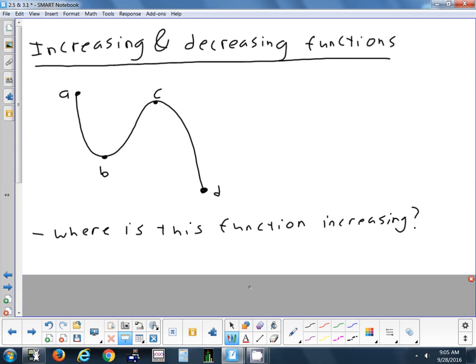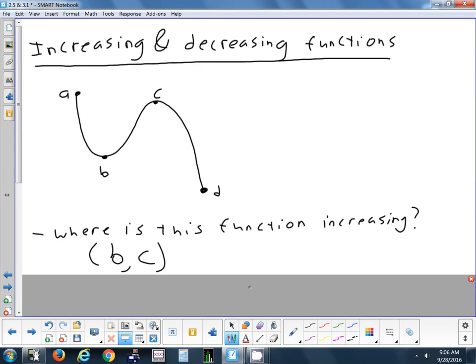We don't have any numbers, just letters. Amanda? From B to C. Yep. So this is increasing from B to C. Right at B and C, it's not doing anything. And in fact,